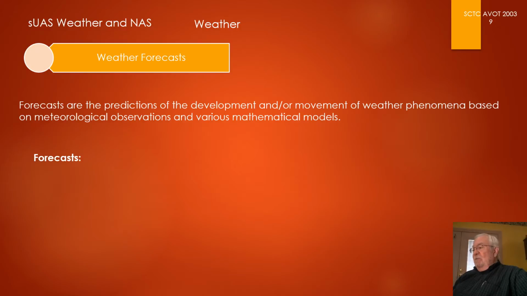Now we have forecasts, of course, and we have different kinds of forecasts as well. We have what they call an area forecast, which will cover a multi-state area. This is what we think. This is what the weather forecasters, by looking at the METARs and all of the other weather information, including radar reports and satellite reports, can predict about what they think will happen in a particular multi-state area.